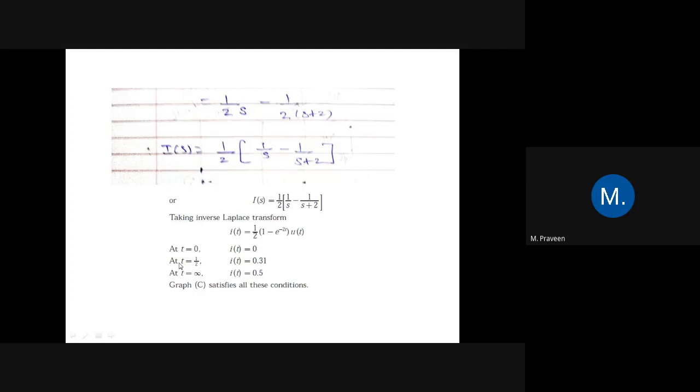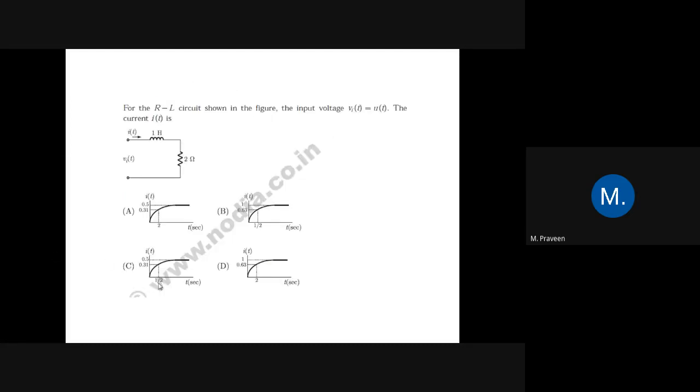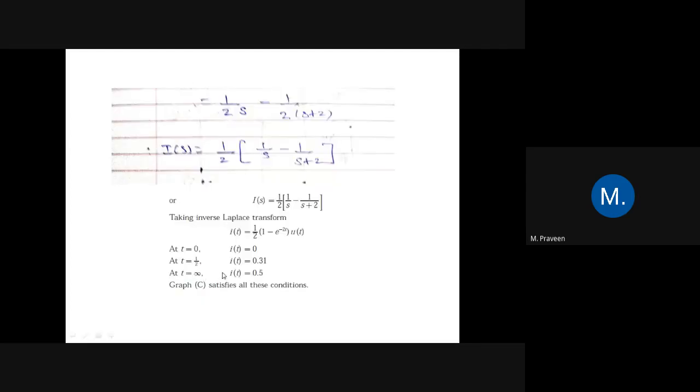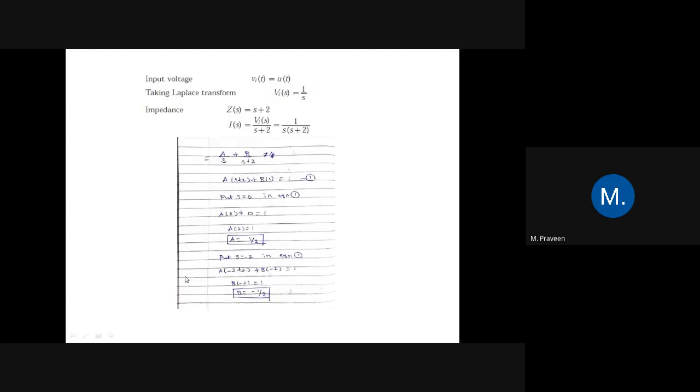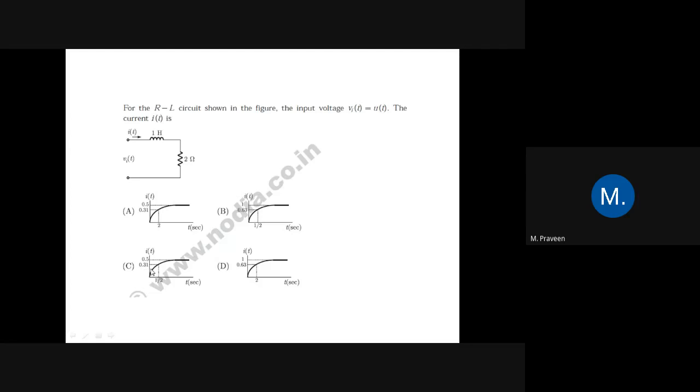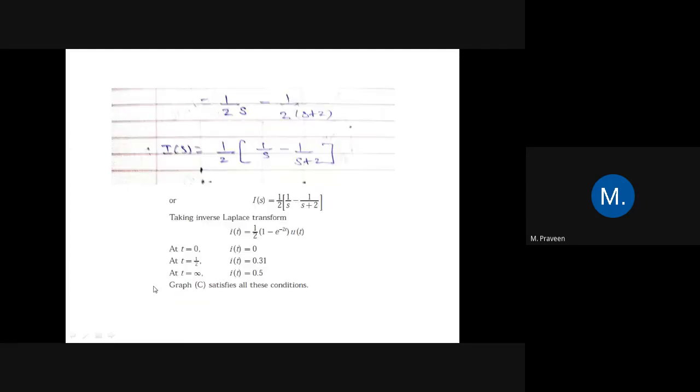Okay. So anyway, we'll go for t is equal to infinity. So if you take t is equal to infinity, we have to find what is the response. So if you take all the graphs here, if you take t is equal to infinity, it should be constant. Everywhere it should be constant. Therefore, if you find t is equal to infinity, we are getting I of t is equal to 0.5. Okay. So if you see option C, t is equal to 1 by 2, and if you take t is equal to infinity, you'll be getting 0.5. Therefore, the answer is option C.